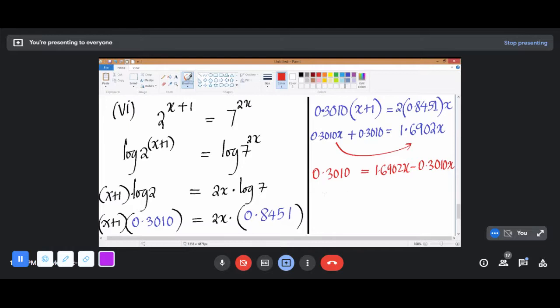0.3010x. So this is 0.3010, which is equal to 1.6902 minus 0.3010, which is 1.3892x. Divided by 1.3892 by 1.3892. So therefore x is equal to